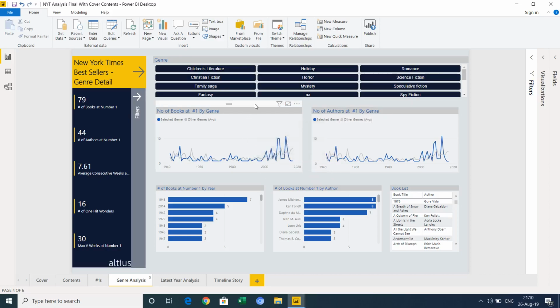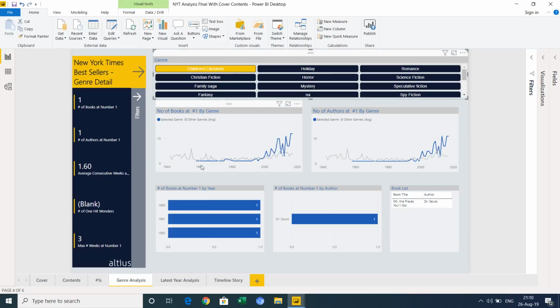So typically we'd have two ways of doing this. We can just pick a particular genre and show as a line graph the number of books at number 1 in each year. Again, that's useful to know, and you can see whether the trend is going up or down, but it doesn't really give you much context, because okay, yes, we can see it's got more number 1s now than it did in the past, but is that the same with other genres as well?